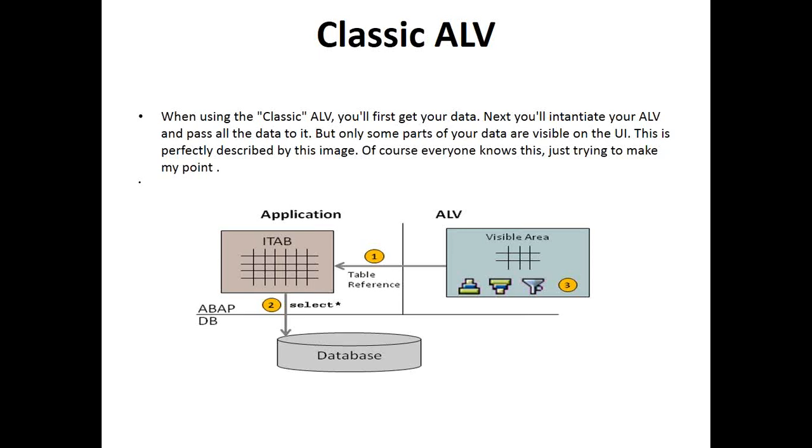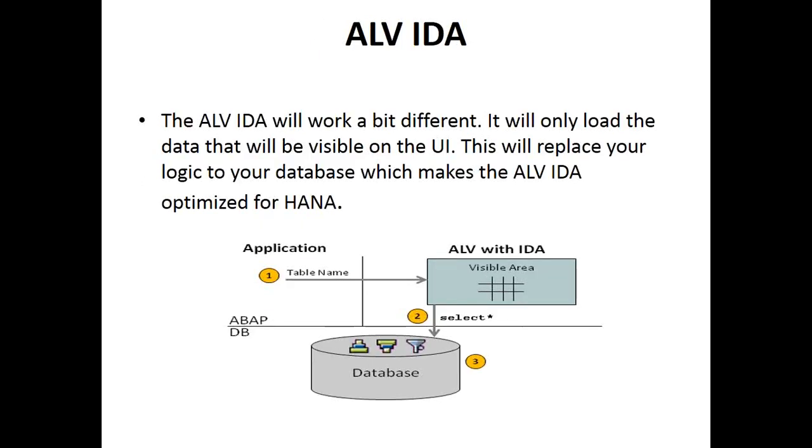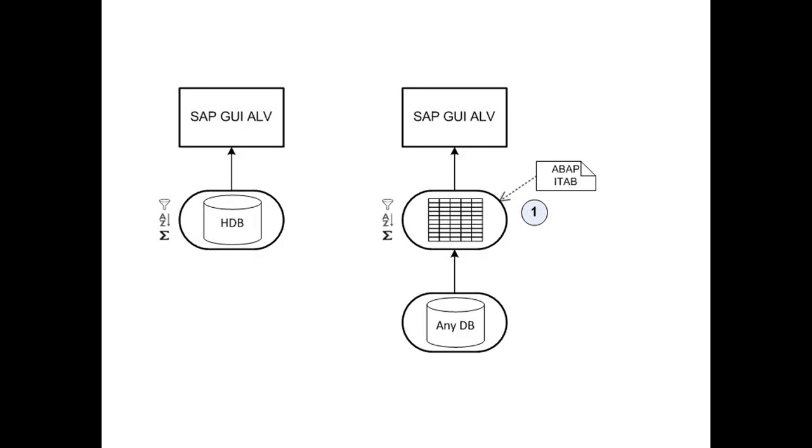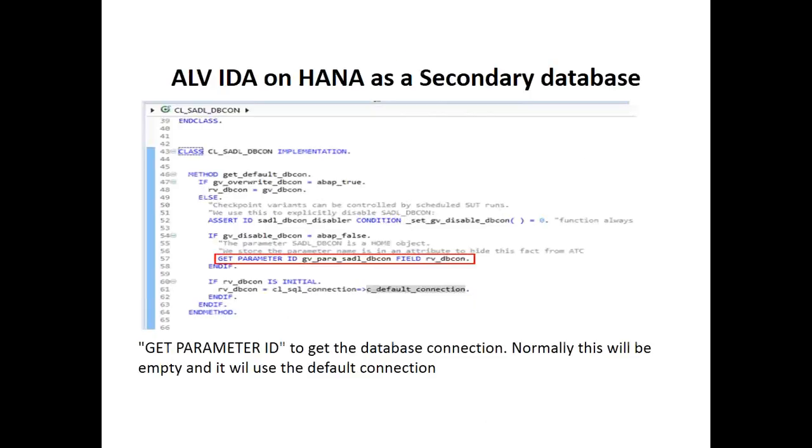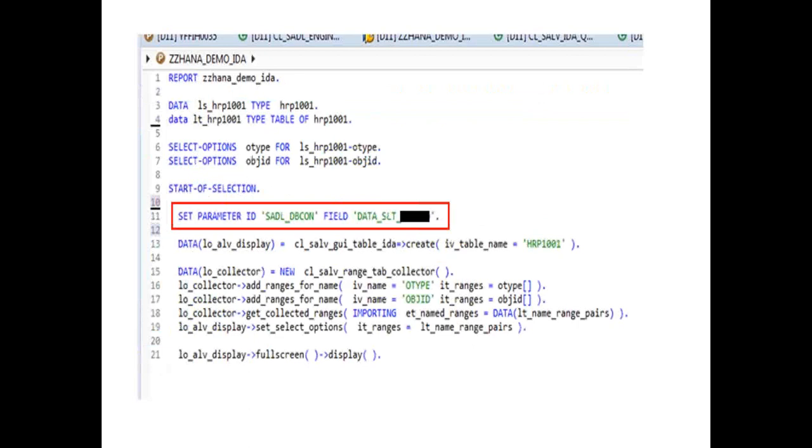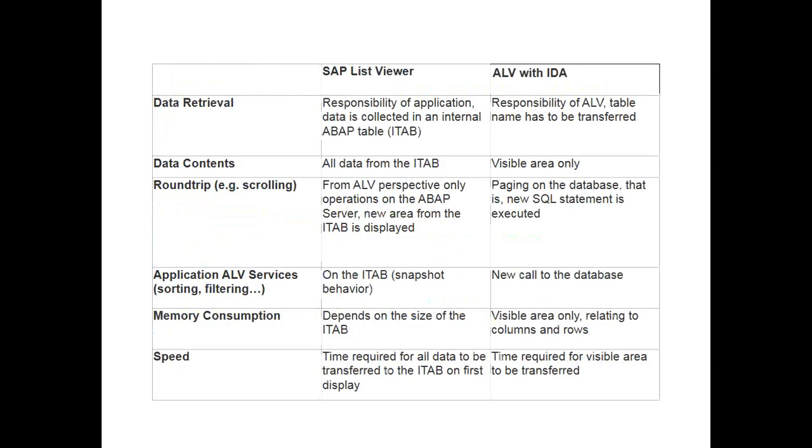But in ALV IDA, from the database, whatever visible data is there, only that will be taken to the presentation. Only that will be selected. See, this is the concept. Now, if you want to see the differences clearly: